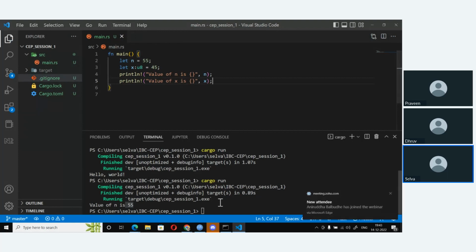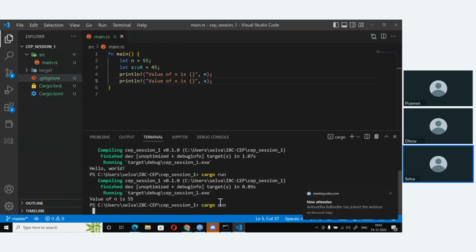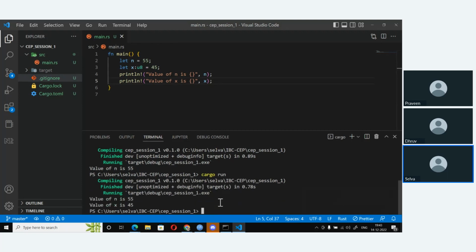And I just run this. Okay, so this definition that you're seeing here is without type information.